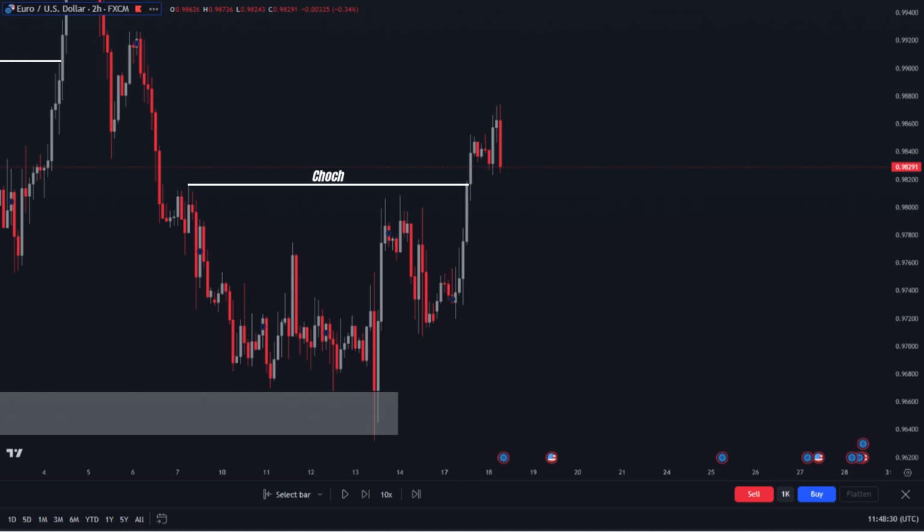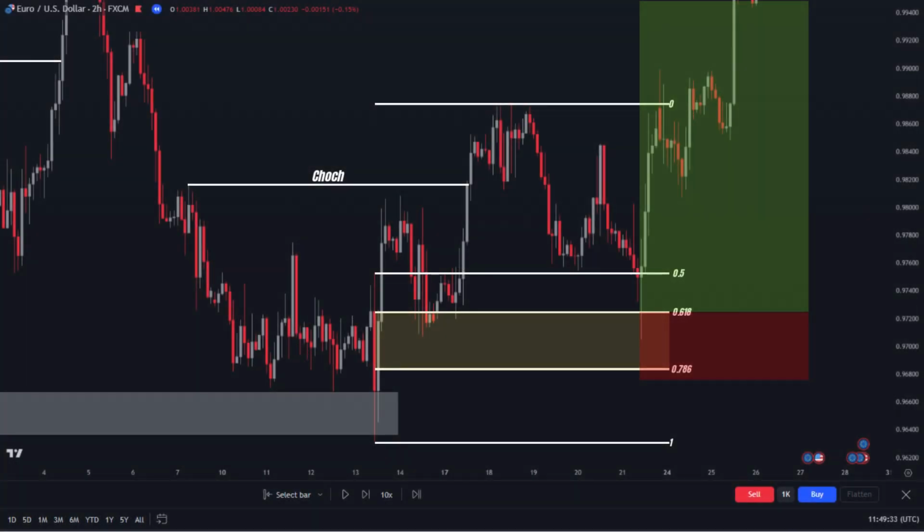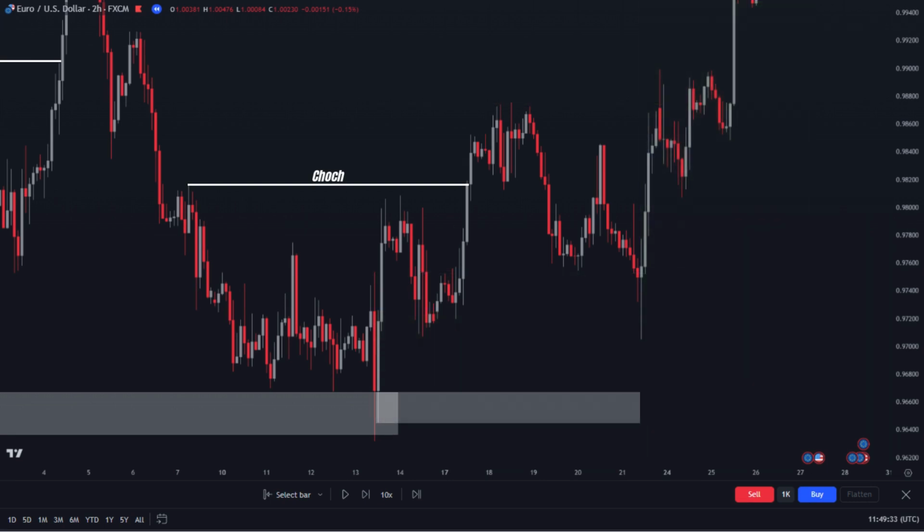Since this is a continuation setup, we will use the Fibonacci Golden Zone to execute our buy orders. This works because we're within the discount pricing range, where buyers are stepping in and preventing price from reaching any extreme demand zone. The price will likely drop to the golden zone, giving us a perfect opportunity to buy, and from there, the price will push up and hit our target. Had we chosen to rely on an order block for this setup, we likely would have missed this trade, as price didn't reach any extreme demand zone. This confirms that for continuation setups, the Fibonacci Golden Zone is the better tool to use, especially with lower timeframe